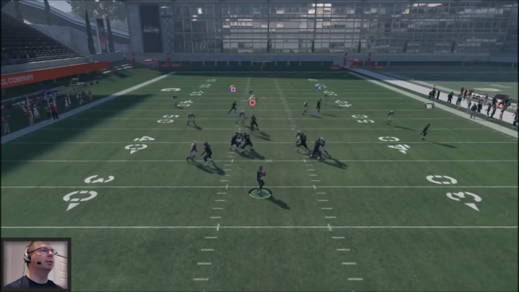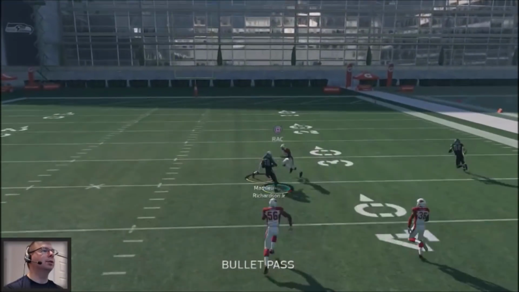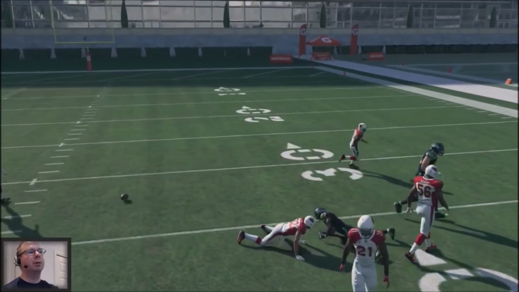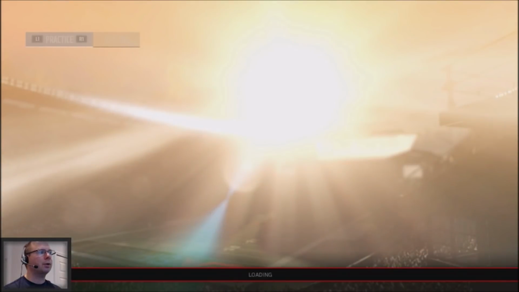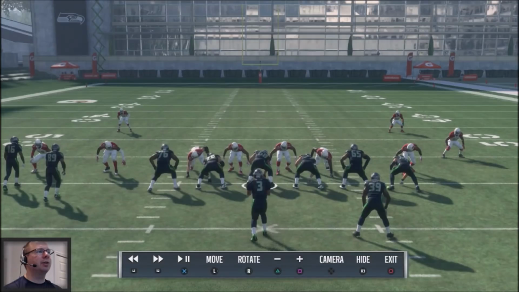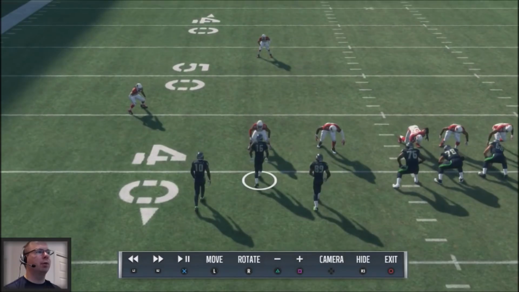It's going to make a huge difference. So rack catch right there. As you can see, he didn't hold on to the ball because he racked it. I probably should have done a possession catch because the window was a little bit tight. So you gotta understand what type of window you're throwing into and when you want to use possession catch